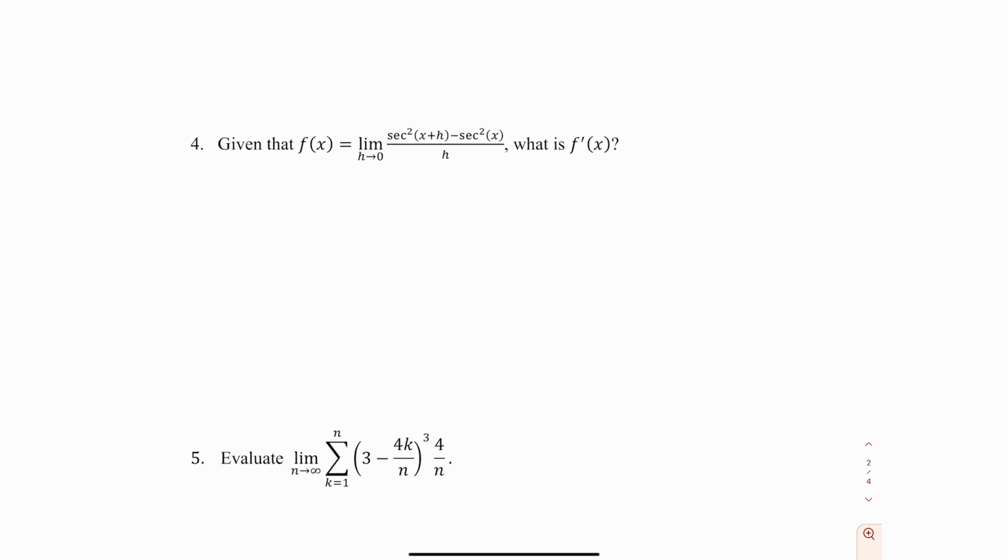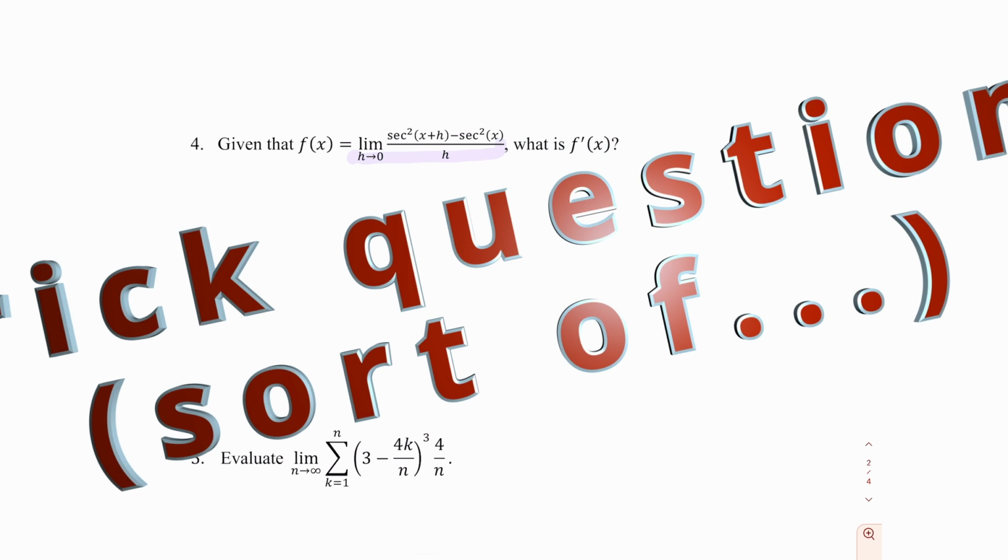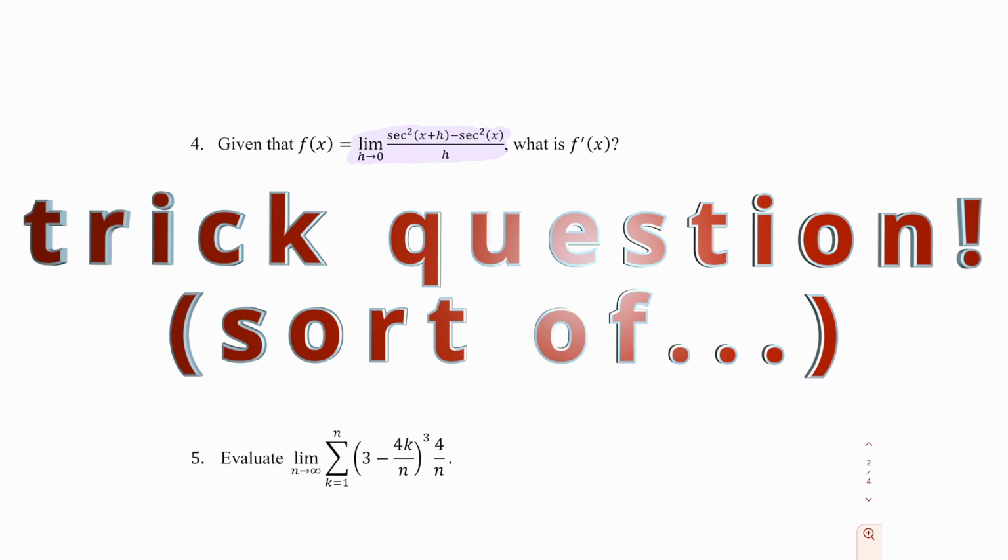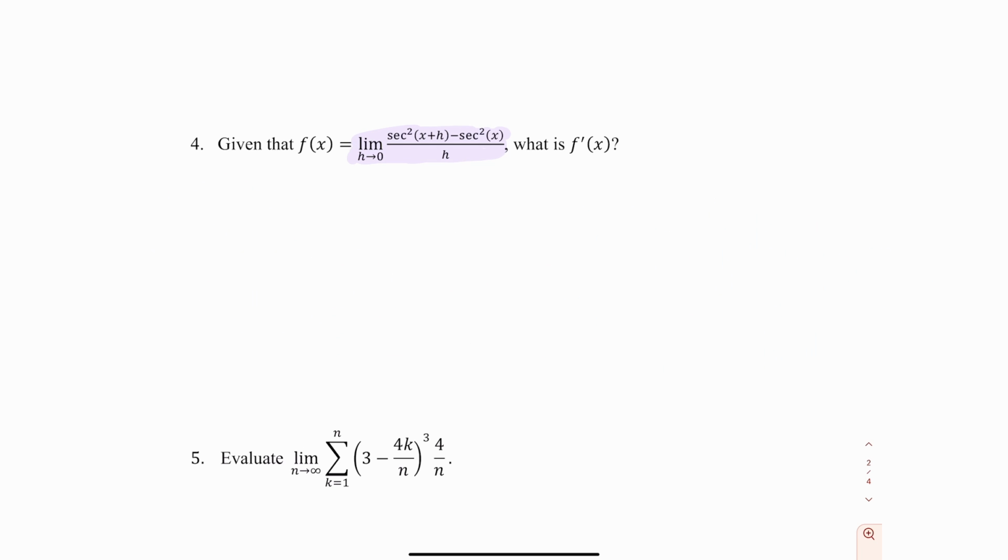All right, looking at number 4 here. Given that f of x is the limit as h approaches 0 of secant squared of x plus h minus secant squared of x, all over h, what is f prime of x? So the key thing here, I think, is that this is sort of a trick question. This is the limit definition of the derivative. This is already the derivative of secant squared of x,